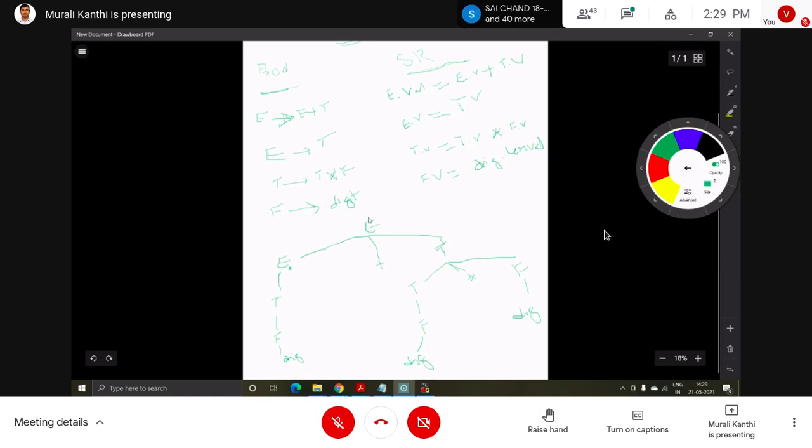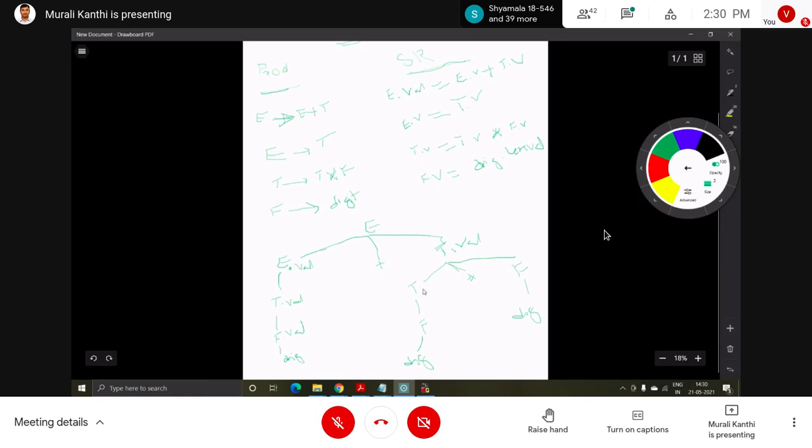So what we can write here: E dot value, then T dot value, and here also T dot value. When the attribute is mentioned for that symbol with its value, that kind of parser tree is called an annotated parser tree.